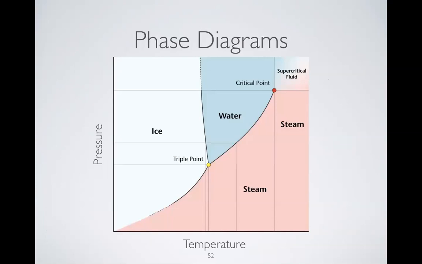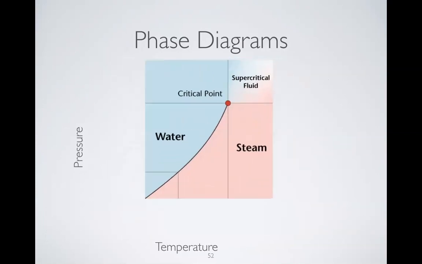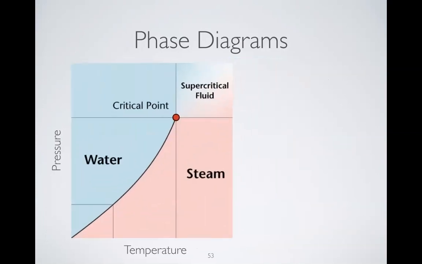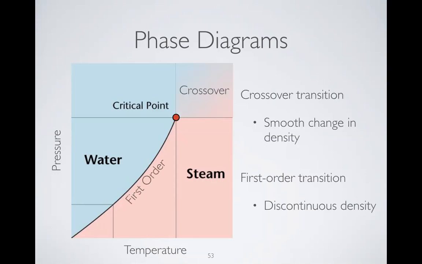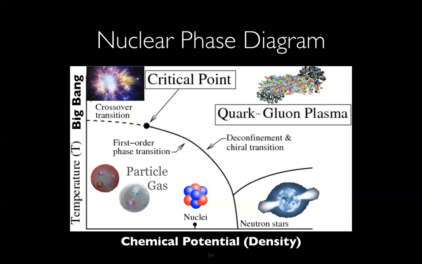But the main thing that I'm working on now, so here's a picture of the phase diagram for ice, water, and steam. This is not something that most of us have direct experience with, but at a really high pressure, water going to steam, there's a sharp distinction, right? You know what hot water is compared to steam. They're very different densities. But at a very high pressure, that changeover is much more gradual. And so that ending point is called a critical point. So we go from that discontinuous first order phase transition to something that's smooth like a crossover, which is what we're looking for in the quark gluon plasma.